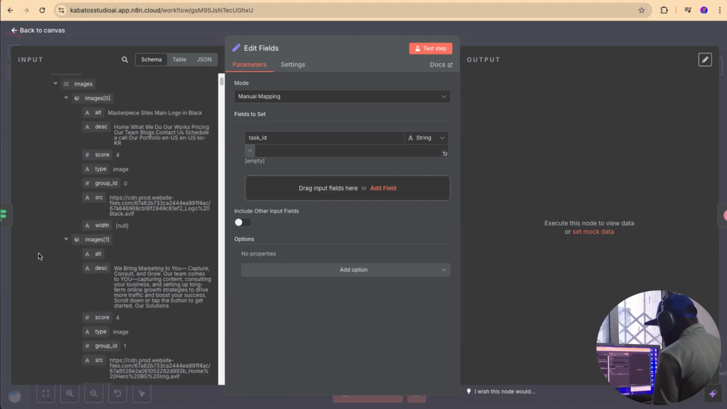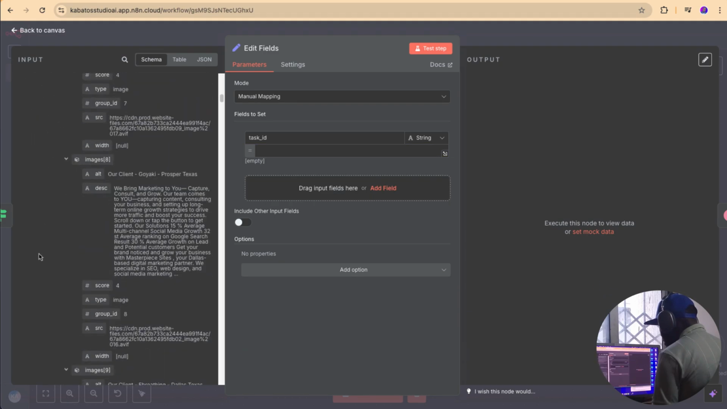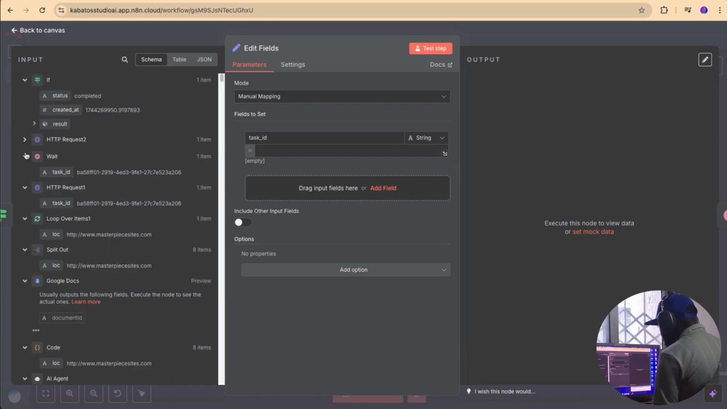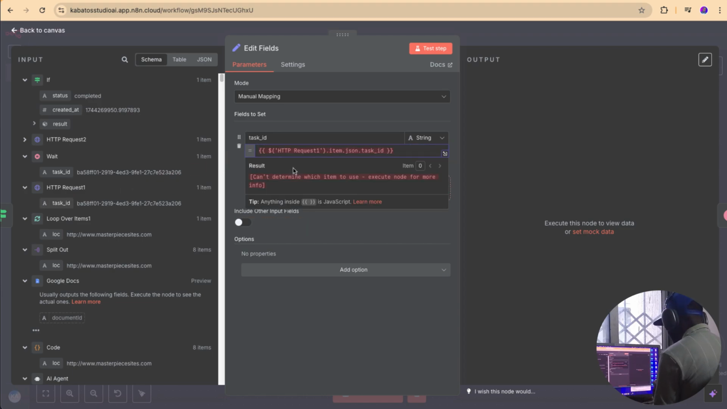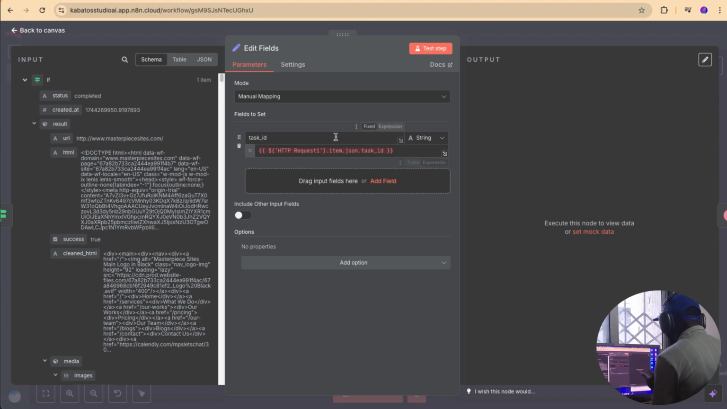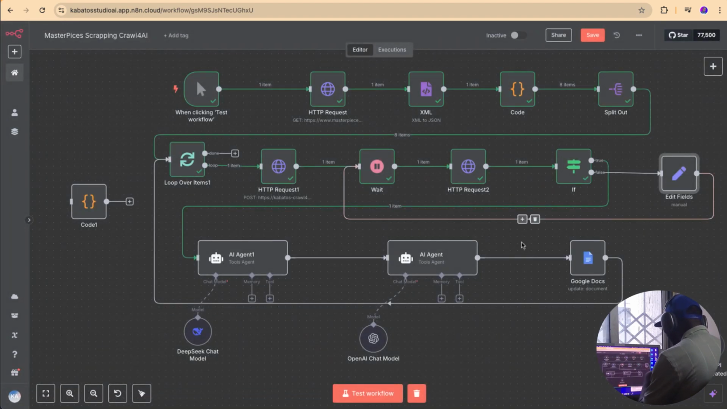HTTP request one. Here the test ID, you must put it here. Okay, we must put it here. It will work. Okay, if the process is not completed, it goes here, and this node will retake the test ID, resend it